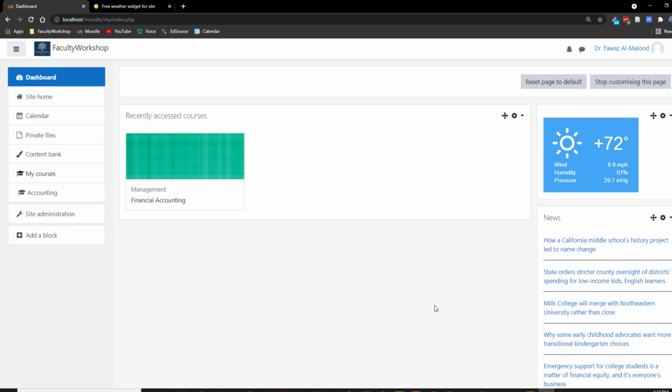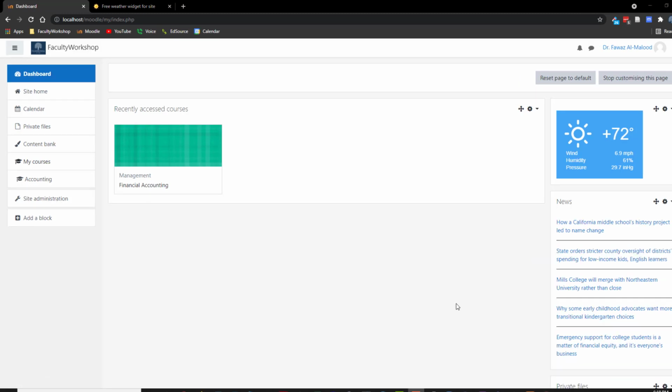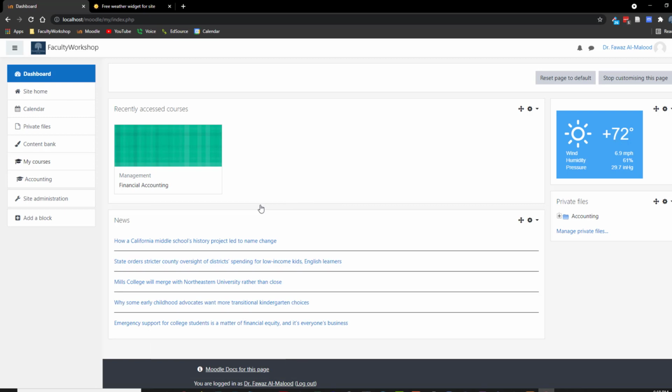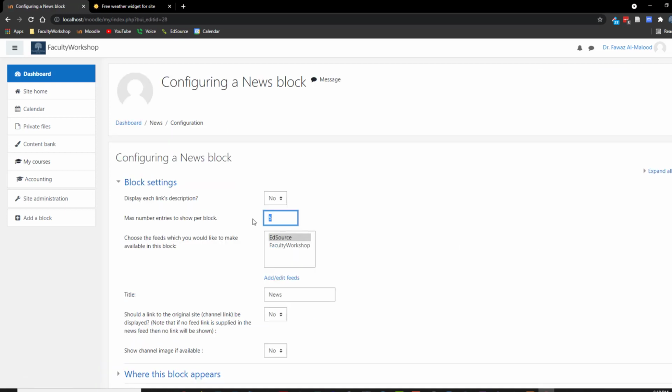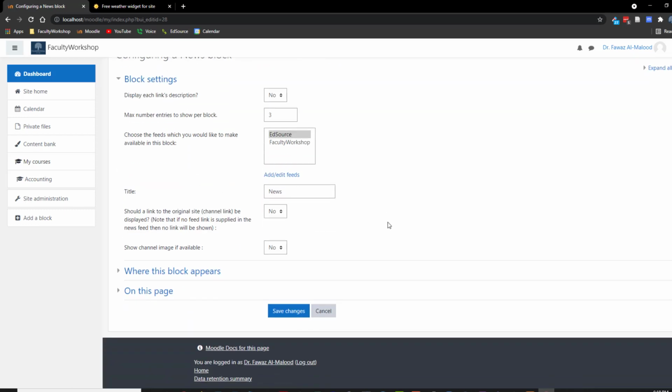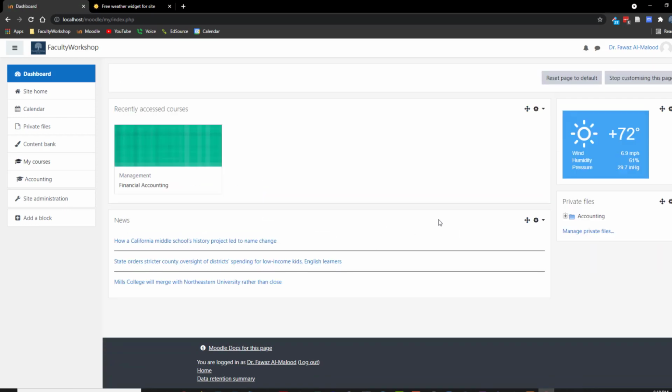temperature for the day. All right, so the next thing that we're going to do is change the center of the page, and I want to move the news over to the center of the page. And all I have to do is just drag and drop, and instead of 5 listings over here, I'm going to change the configuration to only 3. Save. So basically I want just the top 3 news stories,